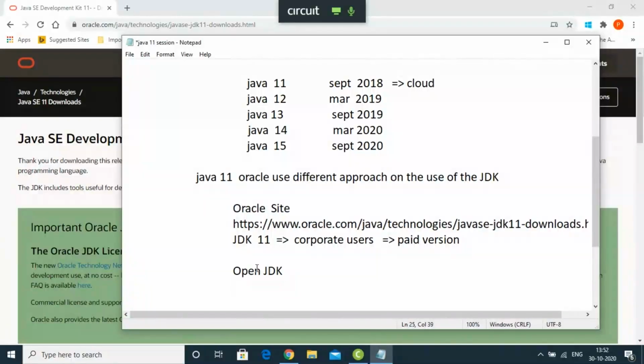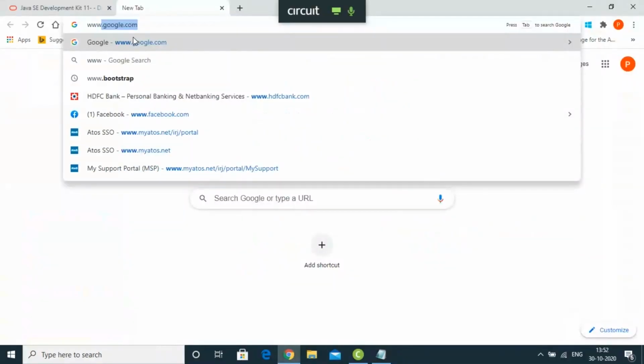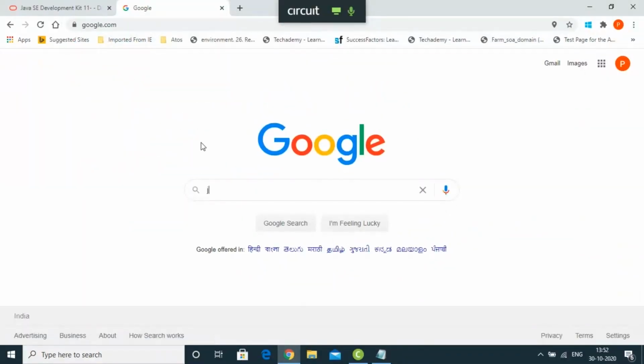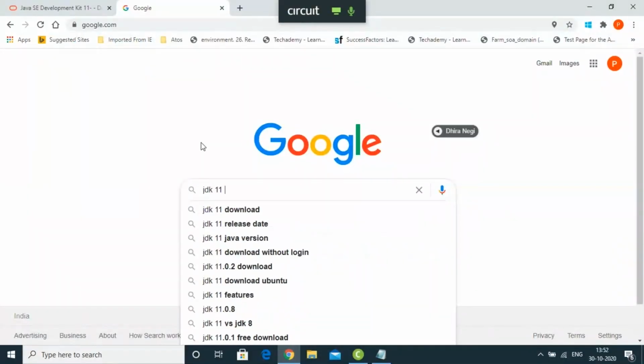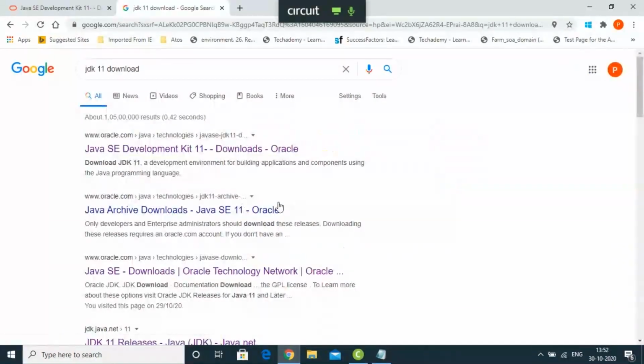You can download. If you download from the OpenJDK, then you don't have to pay anyone, many users. This is free of cost, open source. So Oracle came with this approach from Java 11 version. Now, I want to download the JDK from open source, right? So what you can do is just go to Google, write JDK 11 download. When you go to JDK 11 download, you can see here